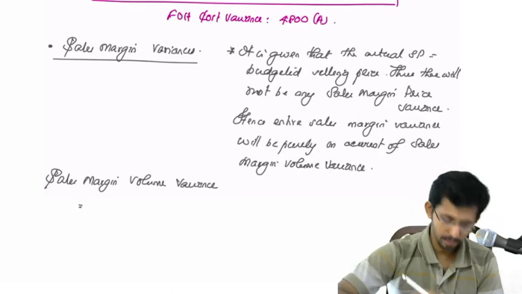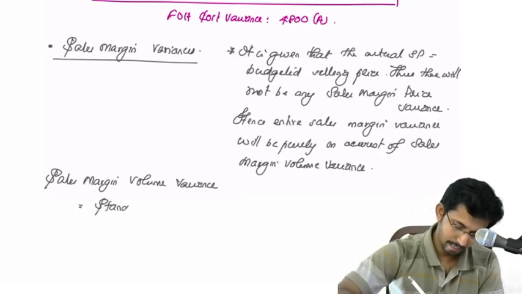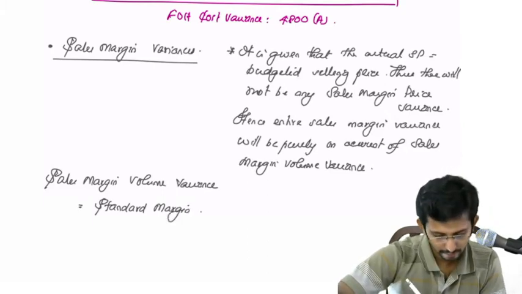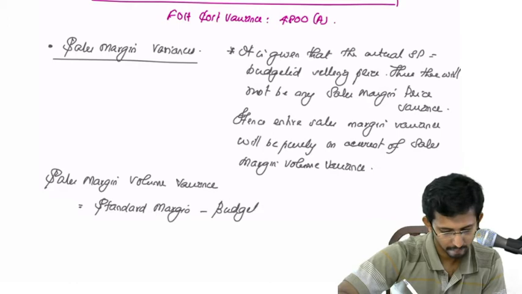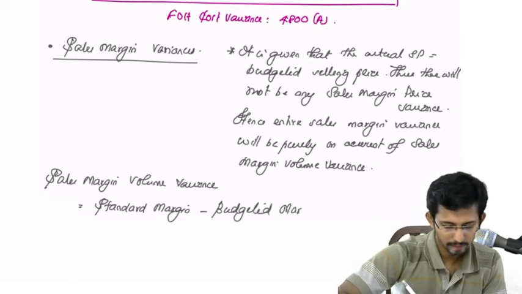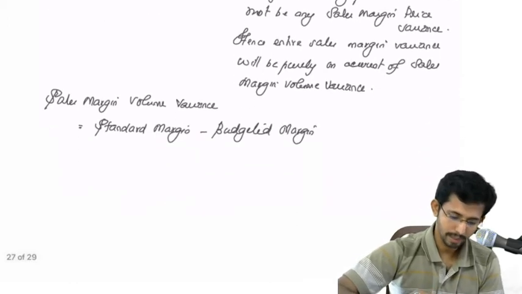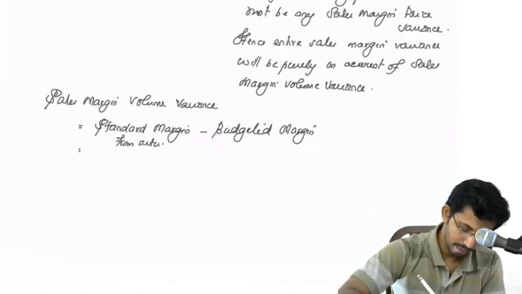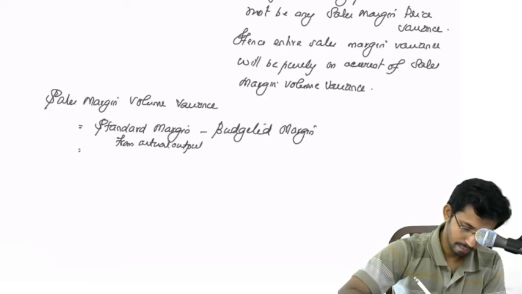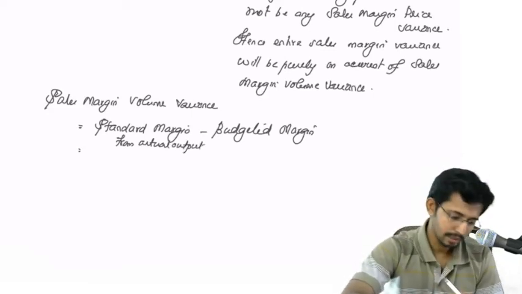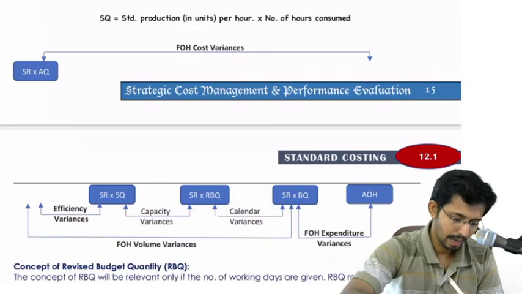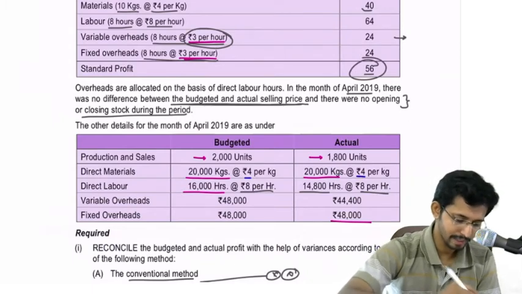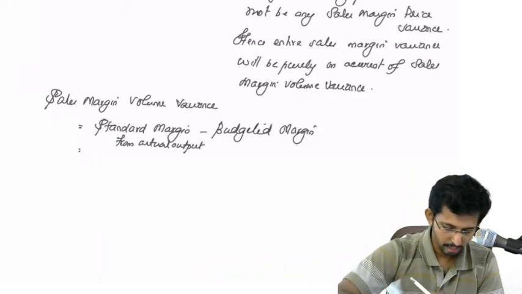Volume variance is equal to standard margin minus budgeted margin. Standard margin means standard margin from actual output. How do you get that? We have the information regarding the standard profit. Each unit gives you 56 rupees as standard profit. So standard margin will be